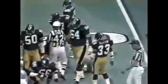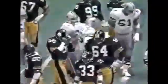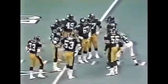Dorsett running into problems again. And this time it's Robin Cole that shuts him down. The Steelers do not want him to pick up the 31 yards and reach the 10,000-yard mark in a game against their defense. Charlie, I talked to Tony Dungy, and he said there's no question our first priority of the